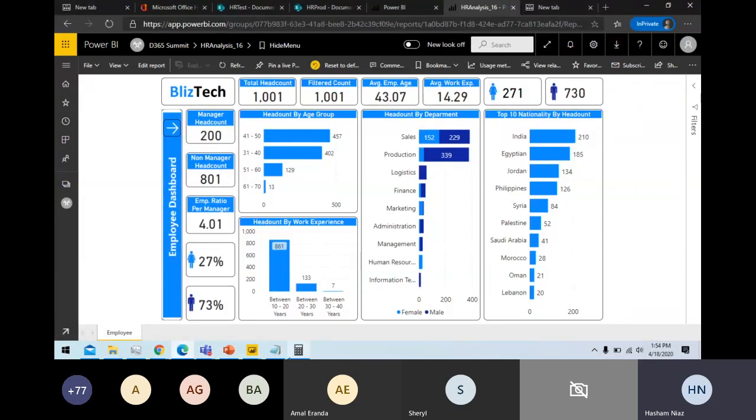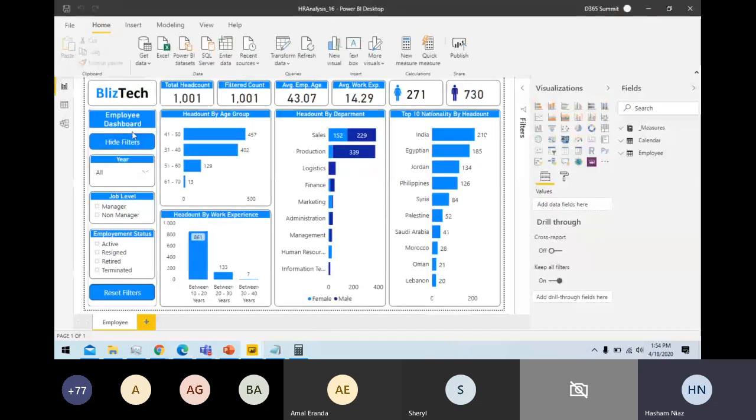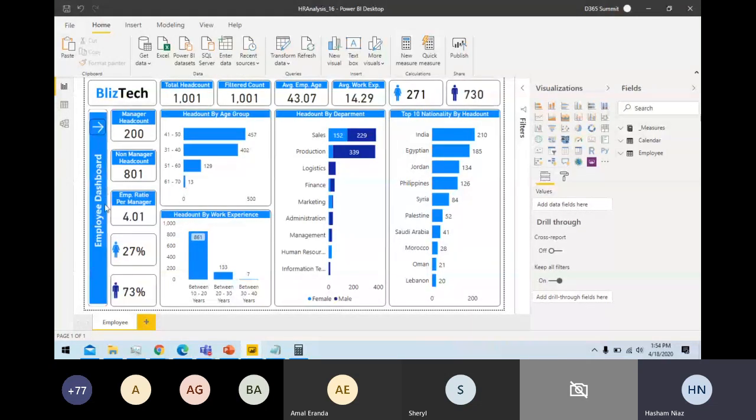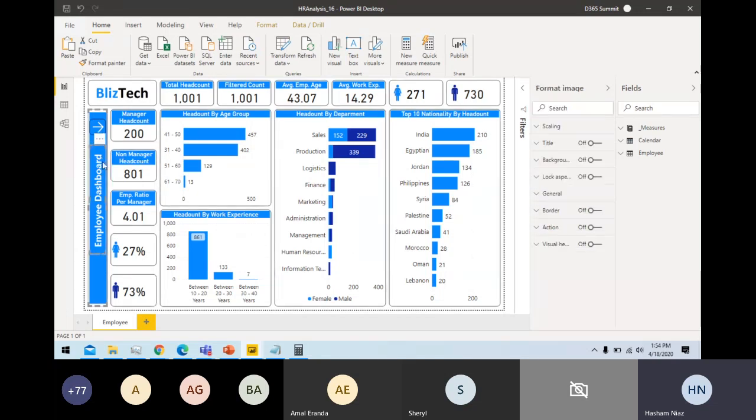So this vertical text, if I go back to my original file, which I developed here, is not a textbox, it is an image. So if you go here, this is an image property. What I do is create an image here. In Power BI, you cannot actually rotate the text. So this is the limitation. This visual is an image, not text. So this is how you can do it: you can place your image, and then you can do the rotating on the image as well.